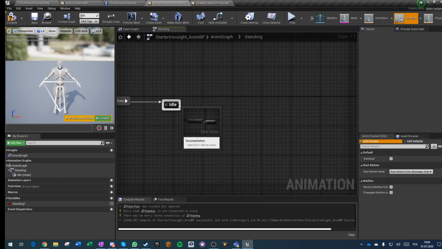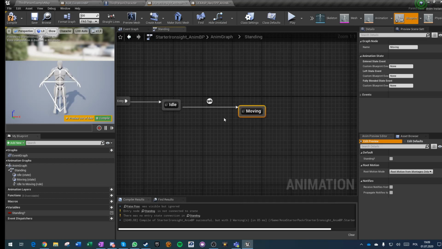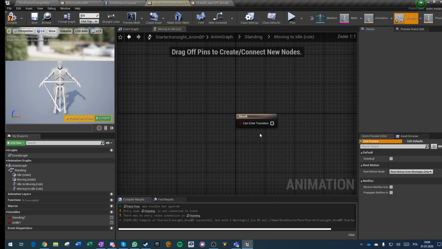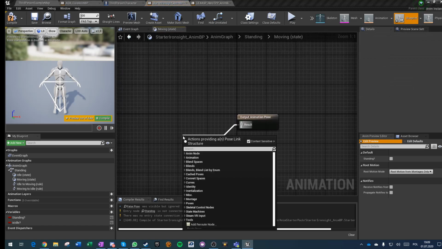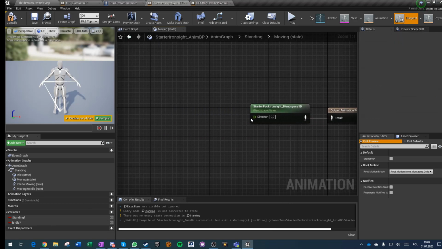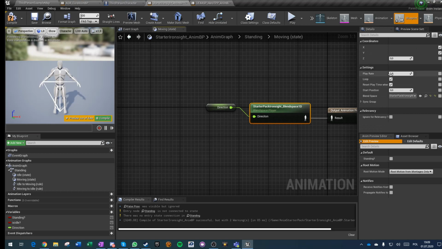And from idle we'll go to state, which is moving, and we go to moving when we are not idle, so we are not idle, we are moving. If we are idle, we are not moving. It's as simple as that. Both of those are inertialization. In the moving, we have the blend space starter pack, iron sight blend space 1D. The direction needs to be a variable, which is direction. And we also are going to change play rate, expose that,